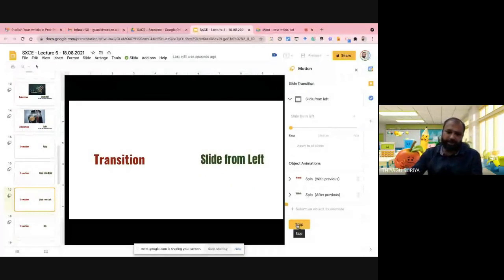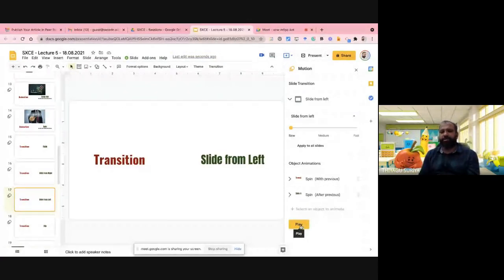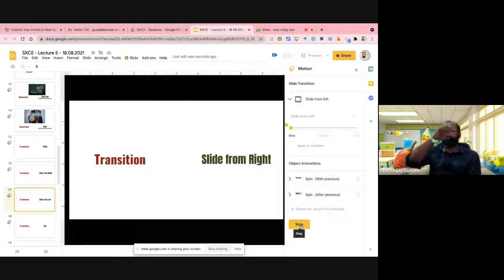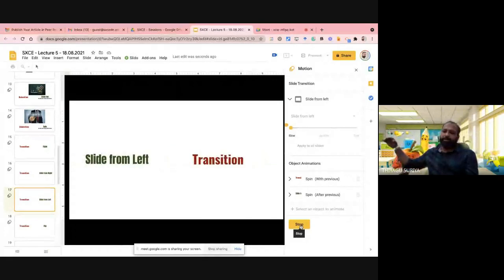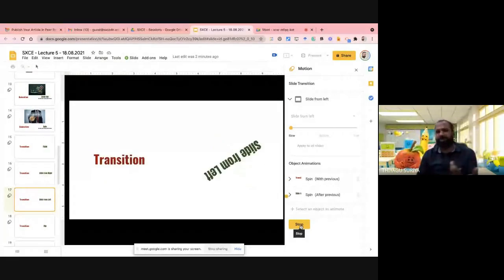Yeah, it's fine. Even if you like to go with this kind of sequence, if you want to go with some kind of flash news, you can use it. Nearly 3 or 4 slides with the same option, it goes like flash news. That's also fine. So I can put the play mode. You can see it looks like flash news. Even in the same mode, you can go from the right or from the left. That's up to you.